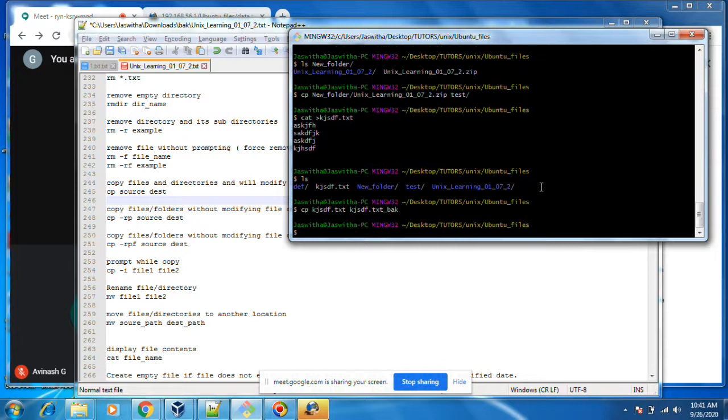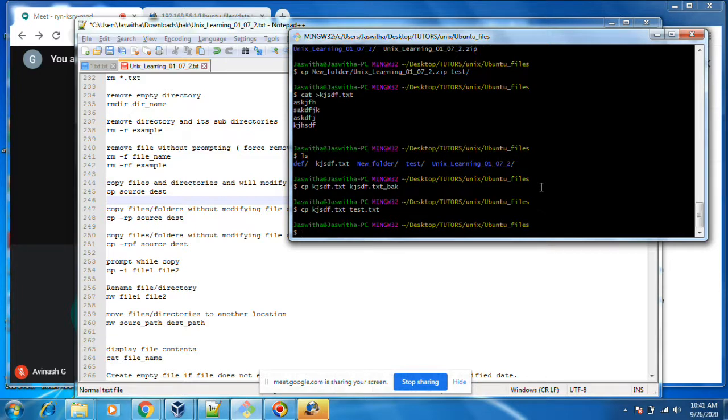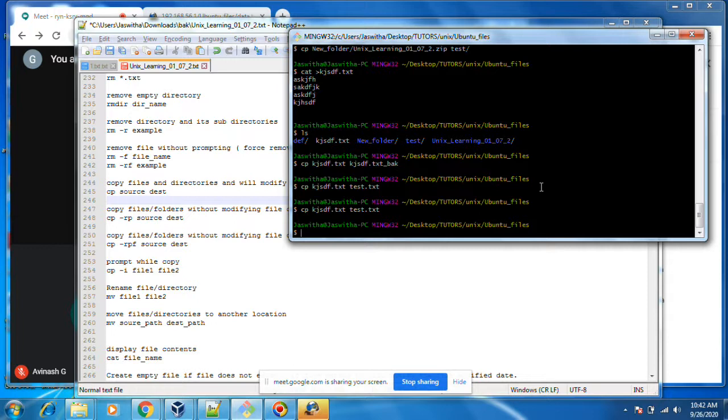It will create a backup. If you want to rename this file as test.txt, it will rename. If the file is already present, let's try. I am just copying this ksdf.k. Let's see. Oh, it is already there.